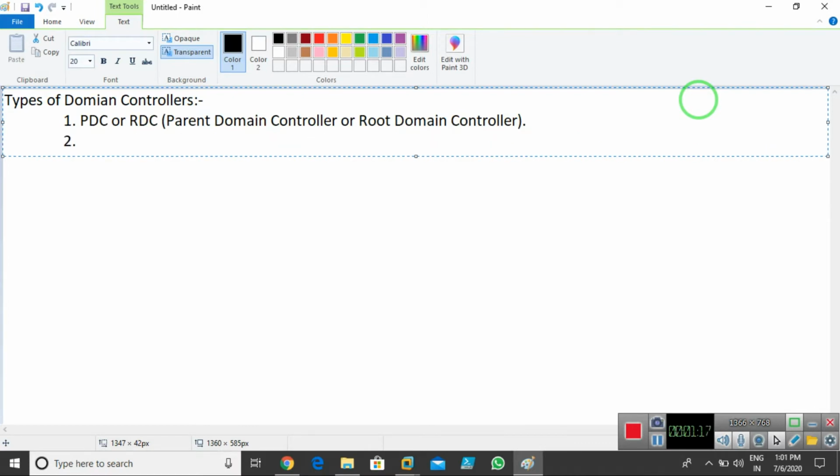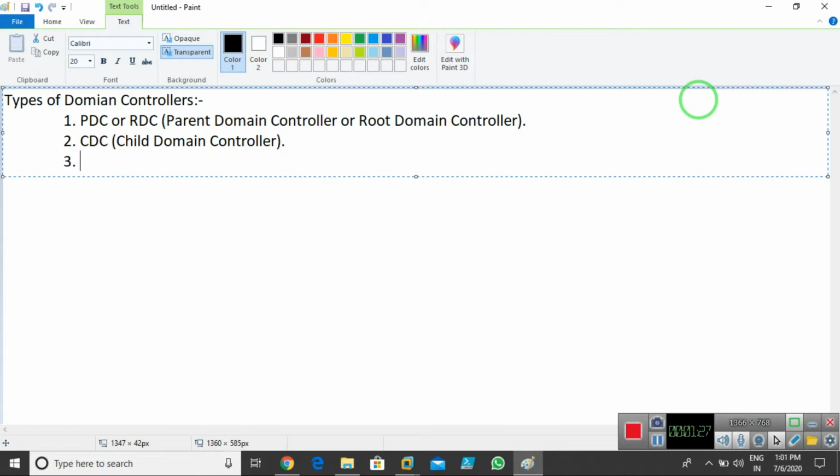Number two, we go for CDC. CDC means child domain controller. Next, we need to understand ADC. ADC is known as additional domain controller, or we can call it backup domain controller also.